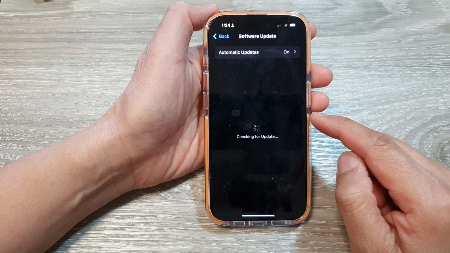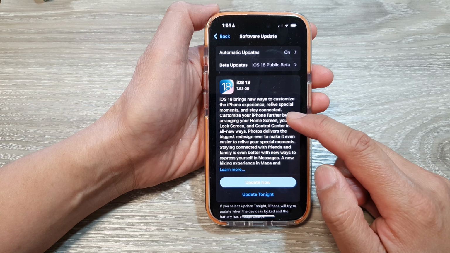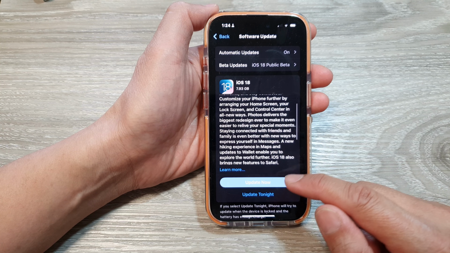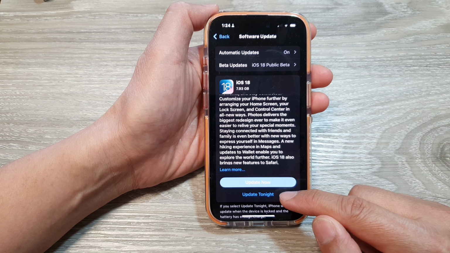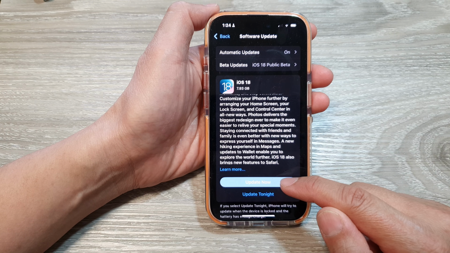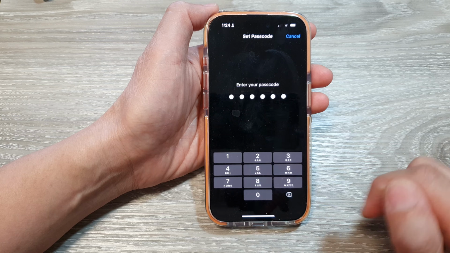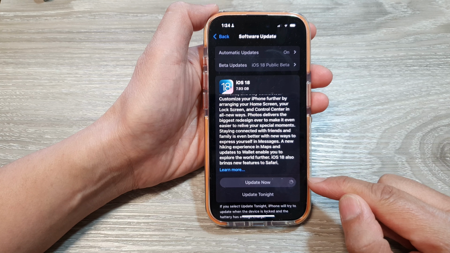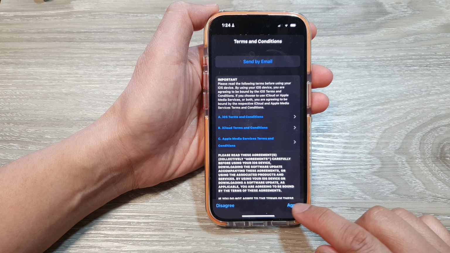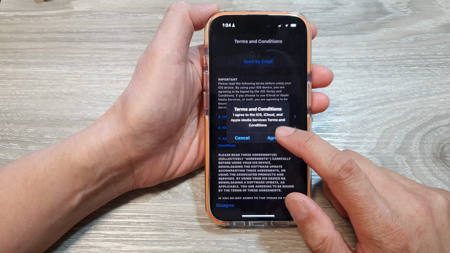and now we wait for the phone to find the new update. After that, you can choose update now or update tonight. So tap on the update now button to proceed. Next, we put in the phone passcode, and now it is updating your iPhone. And then tap on agree, then tap on agree,